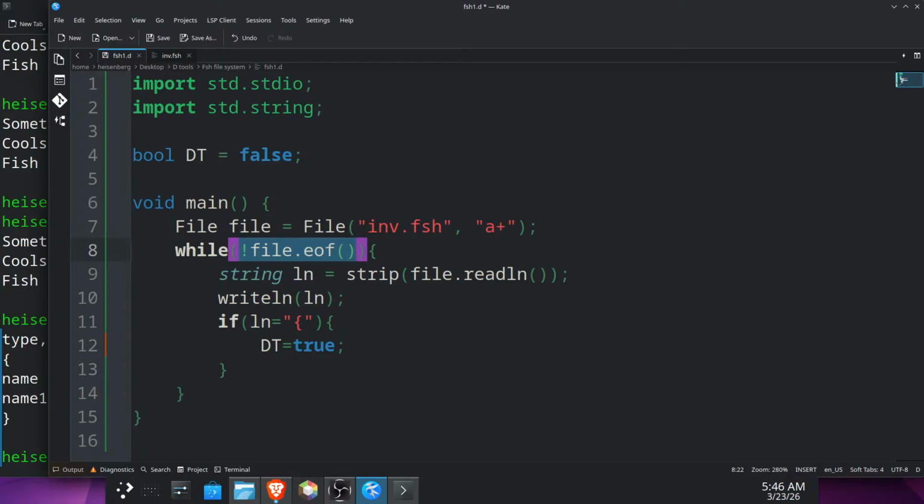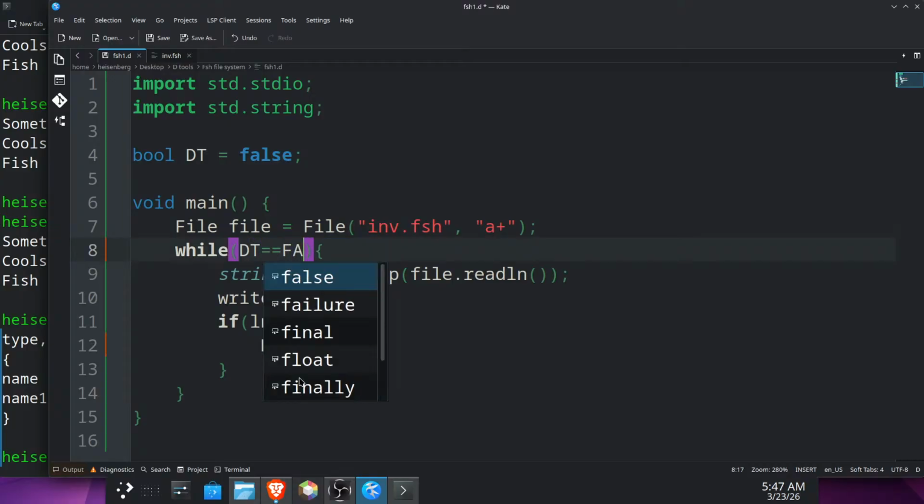We could also do an array of Boolean. Array of Boolean, is that a thing? We could do dt1, dt2. That might work, or not. Instead, because we'd have to read it, we could just do an if read that then and have it included in both. Yeah, we'll do this. So while dt equals false